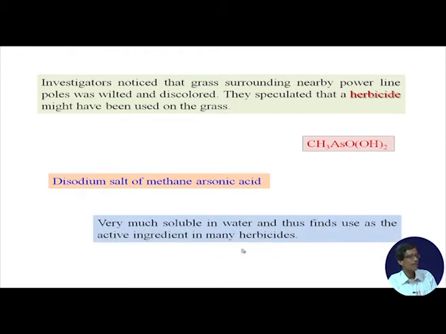So we see that this herbicide has been converted from its acid form to its disodium salt form. This disodium salt is very soluble in water, and that is why it is an active ingredient in these herbicides, because we put it in water and spray it. It sticks on the grass surface. After evaporation of water, the compound forms a very minute layer on the grass surface, and the deer is basically consuming this particular compound.